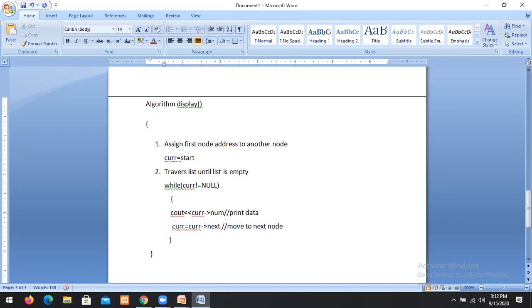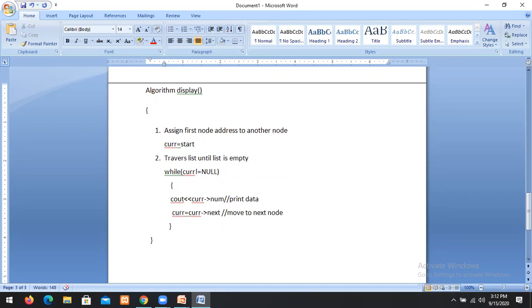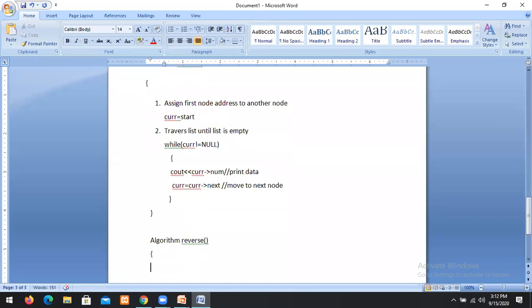Then we go for reverse. Algorithm reverse. The advantage of a doubly linked list is we can traverse the list both forward as well as backward, as I told you. So how to traverse the list in reverse direction?